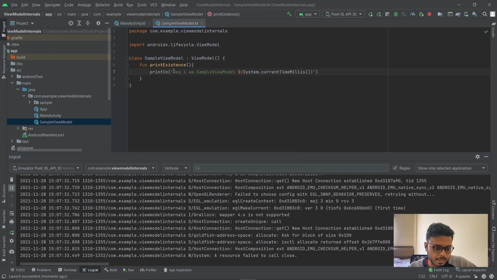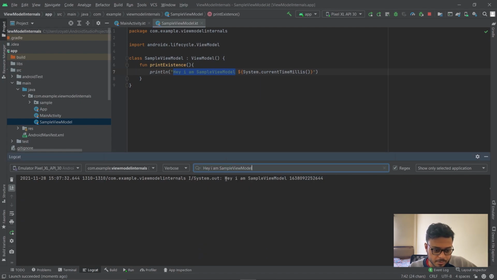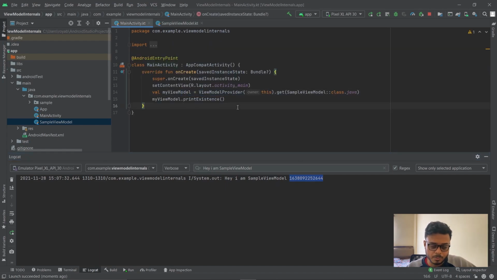The message is, "Hey, I am SampleViewModel." If I put the filter over here, I can see "Hey, I'm SampleViewModel" and the current timestamp in milliseconds. Fine. So this is basically how it would work if I were to use it in my day-to-day activities.